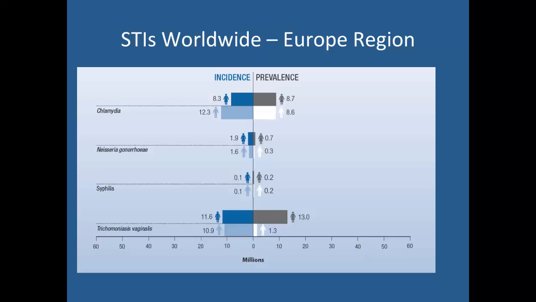So even in the developed countries, you have to be aware that these diseases are out there and they're quite prevalent, and there's issues that go along with that as to why this is happening. So thinking about the social problems that are going on, the social construct, the stigma, the taboos, is something to be concerned about when you're talking about these individual STIs. And that's one of the major things that